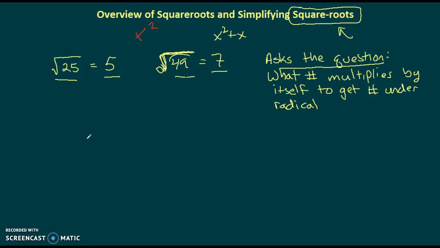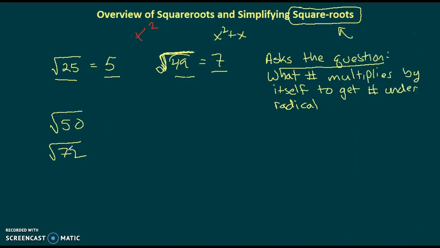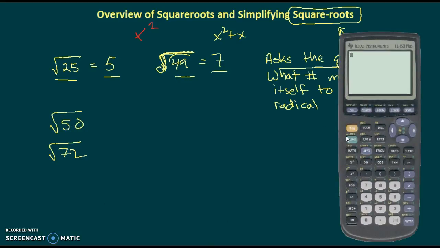Here's what I need for you to understand. Most numbers, when you try to square root them, they don't come out pretty. If I try to square root a 50, or if I try to square root like a 72, you'll see that I really, off the top of my head, can't think of a number that multiplies by itself to give those values. And if you bust out a calculator and try to do a square root of 50, you'll see